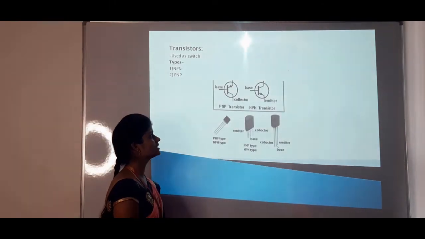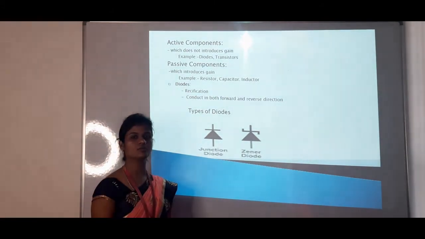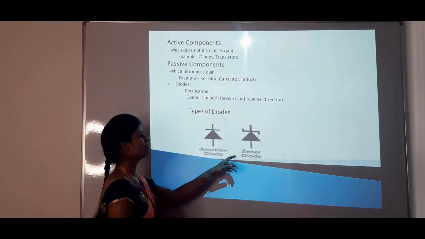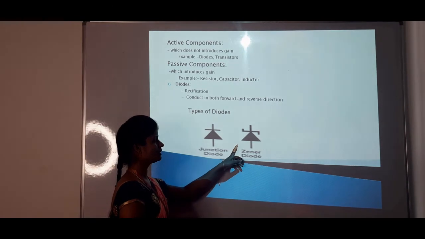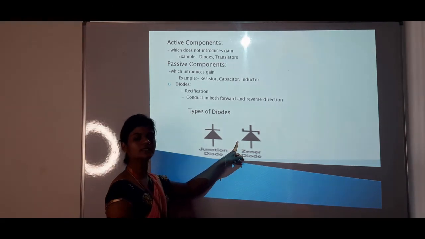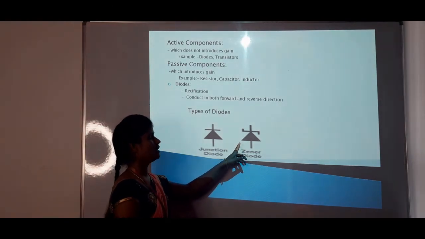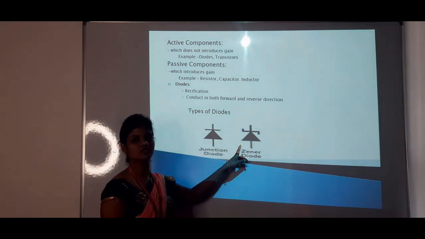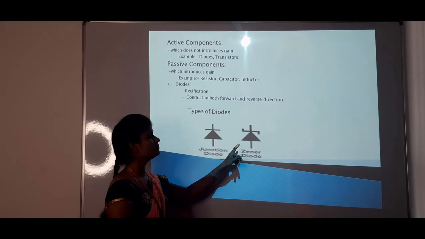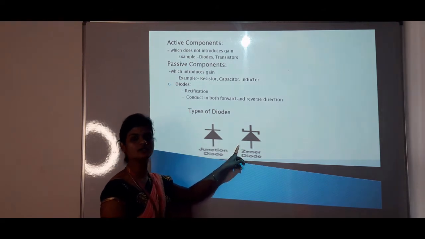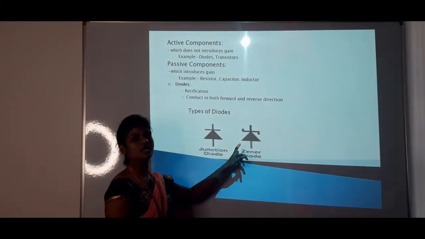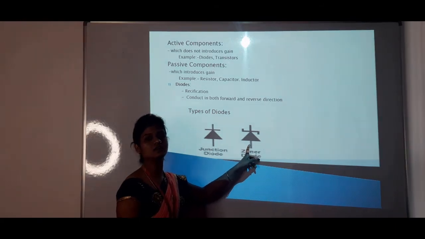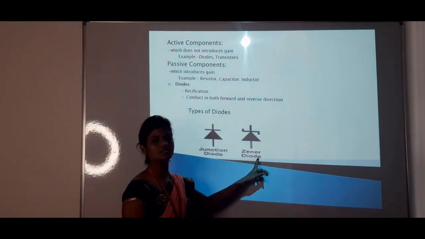Why does it conduct in reverse bias mode? Because the diode can operate in the reverse bias condition over its breakover voltage, that is equal to 5 volt. That means at this breakdown voltage, 5 volt, the current flowing through this diode can increase.